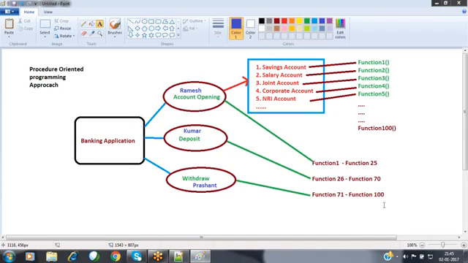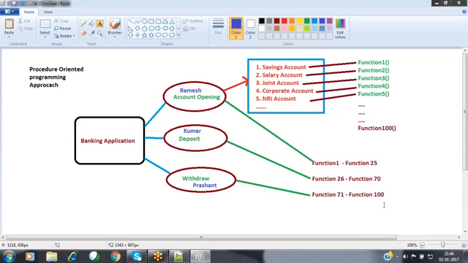I want to provide this kind of restriction, but in procedure-oriented programming we don't have that much restriction. We cannot restrict the data so that only these functions are visible or accessible by a particular user. Data restriction is not available in procedure-oriented programming. The first drawback is that there is no data security, because the whole functionality, all the functions, will be moving around the application. Each and every function can invoke the other functions available inside the application. That is the first drawback.